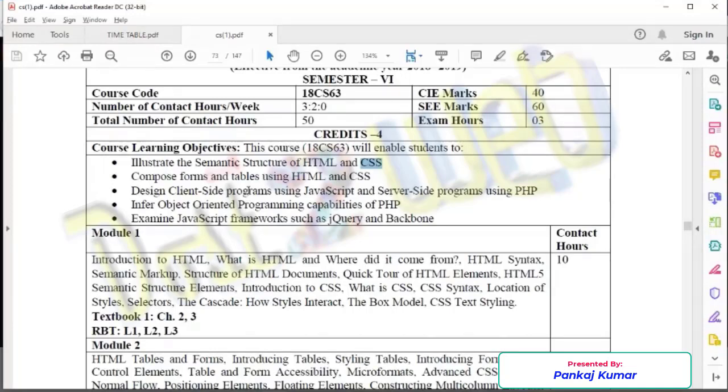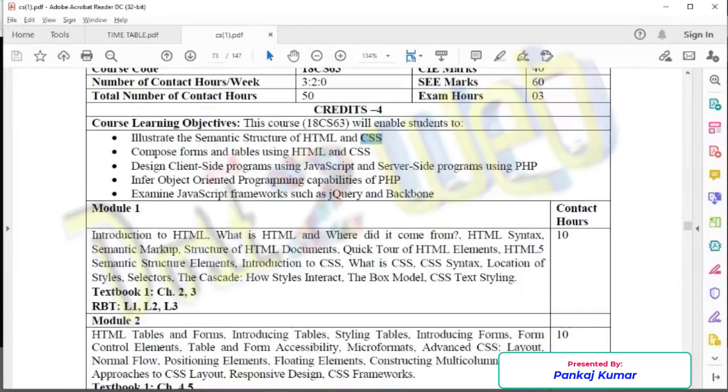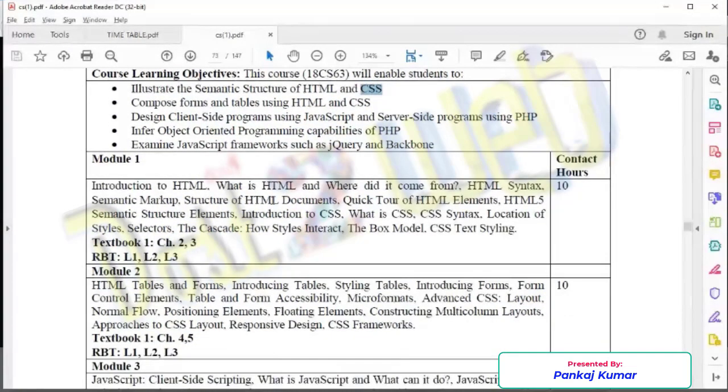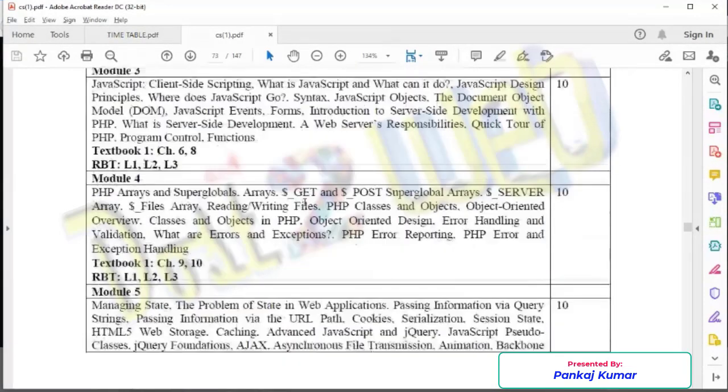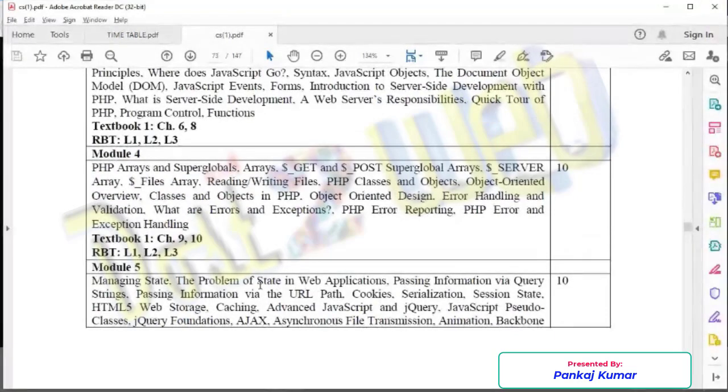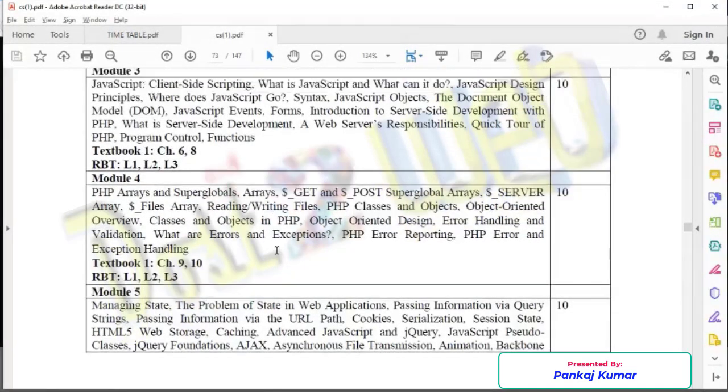And then you'll be learning frameworks like jQuery and how you can use them in your HTML or PHP programs. So what you are going to learn is all the basic parts of HTML, CSS, PHP, jQuery. Okay, and there are no more details on how you can connect PHP and a database.